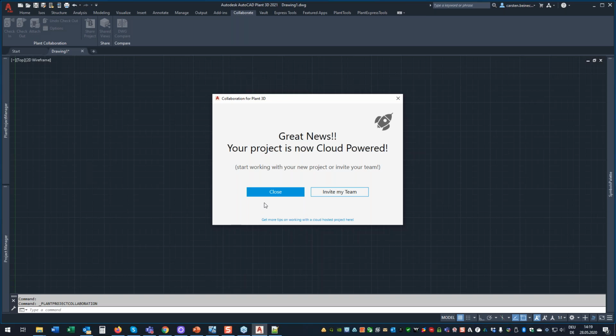workflow. The workflow of Plant 3D with BIM 360. It doesn't matter whether it's Vault, Team, or Design. It's always the same. And if you, yeah, I should not click on that. I should explain it first. So the way it works